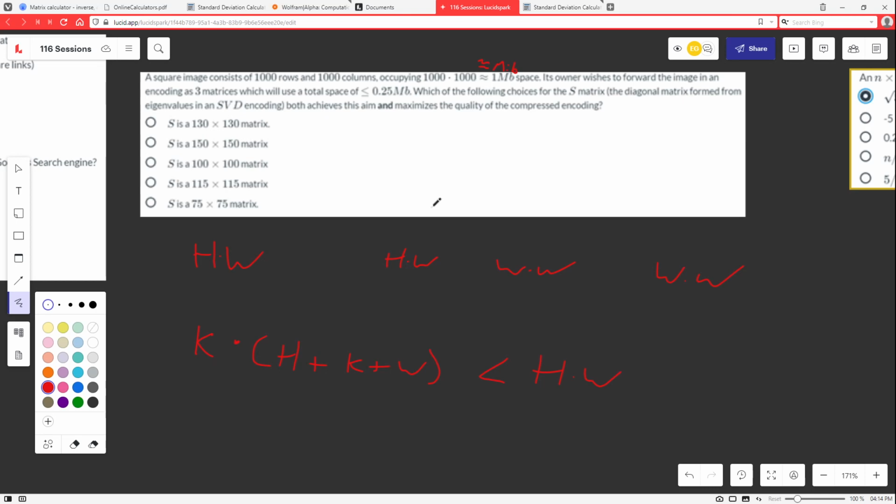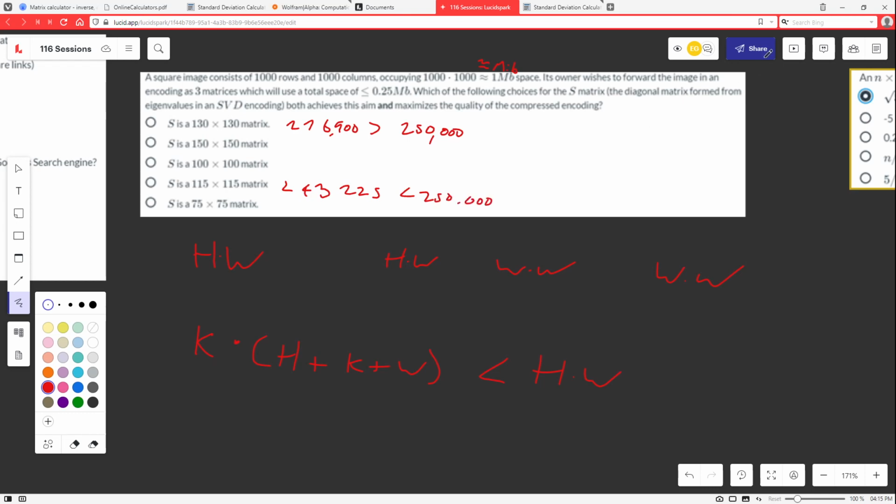That gives us 276,900. That's too big. It's more than the 250 we're looking for, so it's not that one. We can go again. We know it's not going to be 150 because that's going to be even bigger. The next one down is 115, so we try 115. We get 243,225. This is less than the